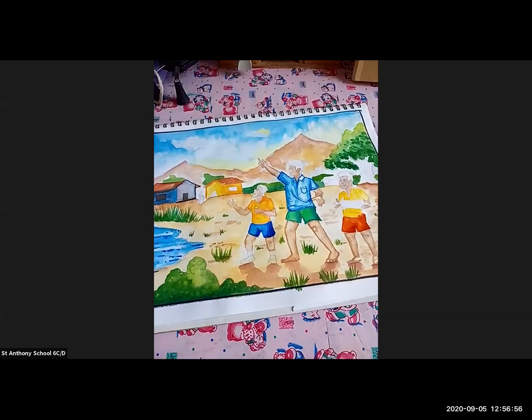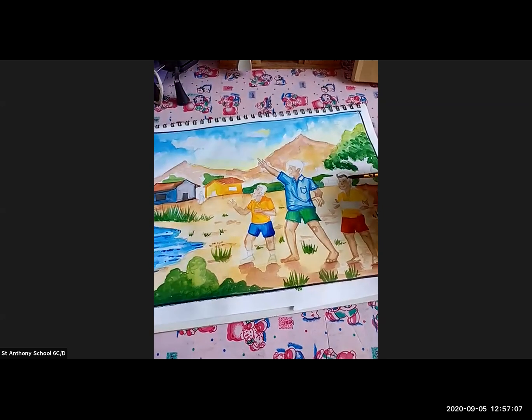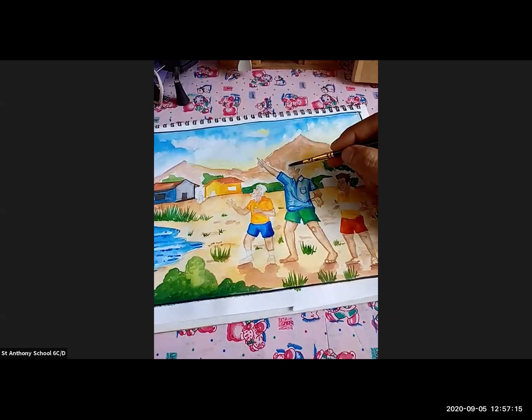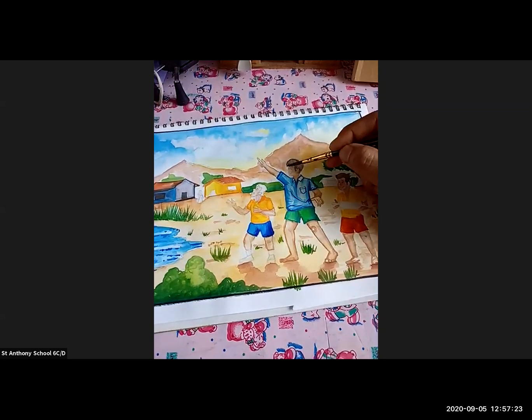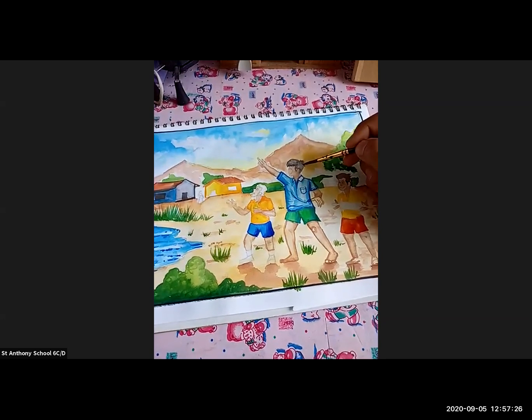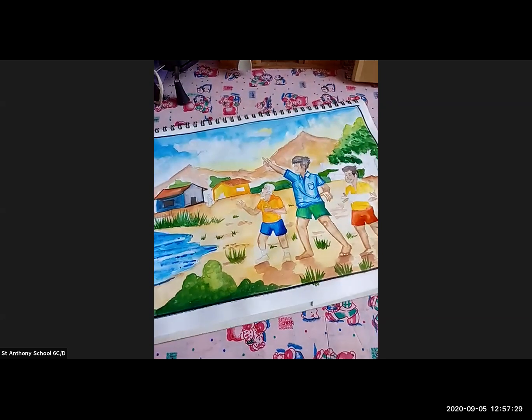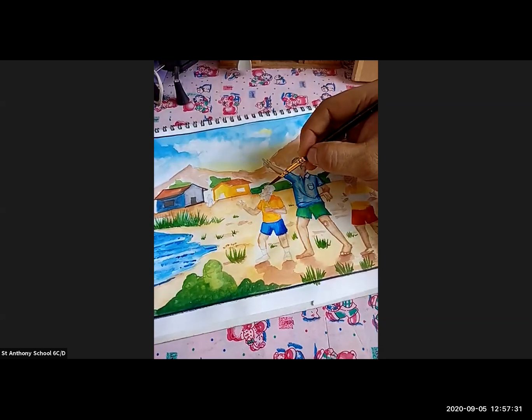Now I'm going to color the hairs. So for coloring the hairs, I'm taking dark blue. Okay, I'm taking brown, mixing it together, and then here I'm coloring the hair. Just look at this. This is how I am coloring the hairs of the children. Just look at this. Okay, I have taken dark blue and I have taken brown, and this is how you're going to color the